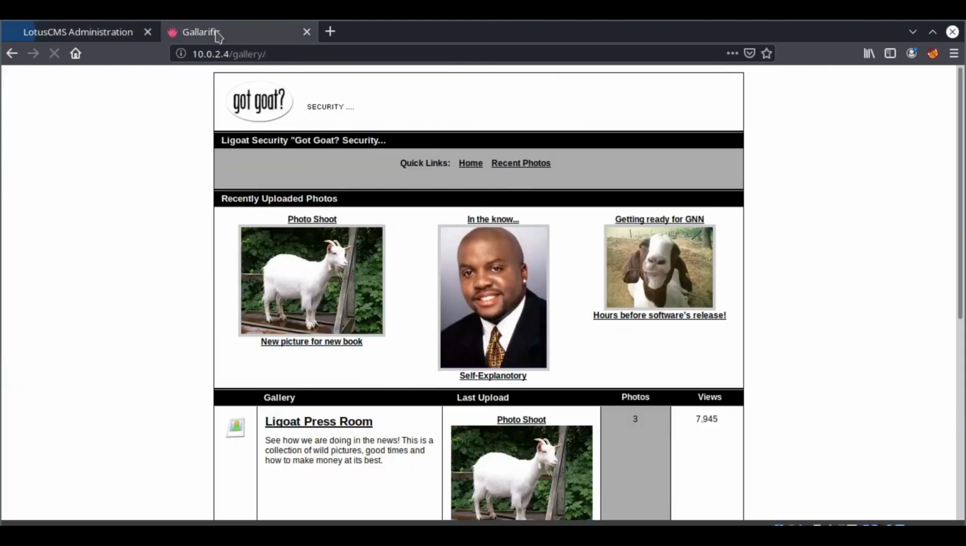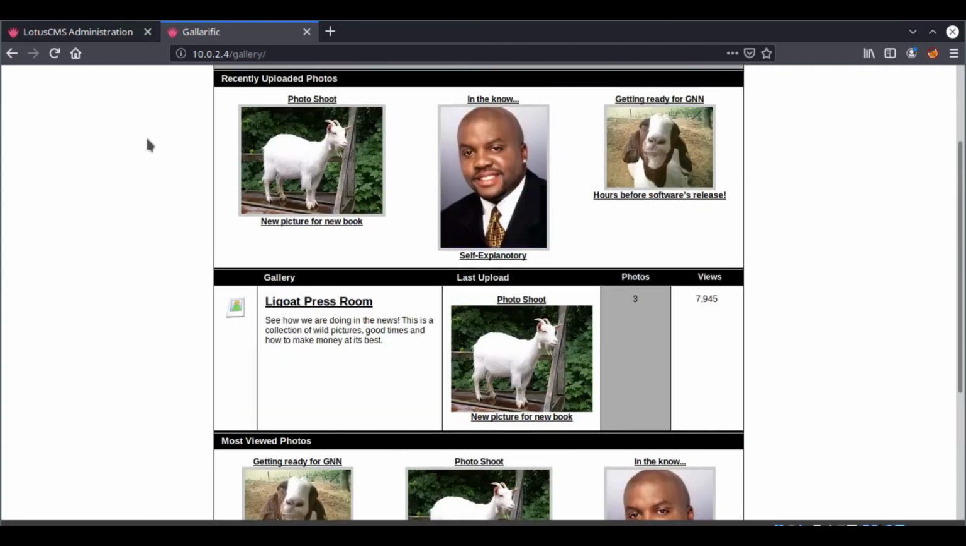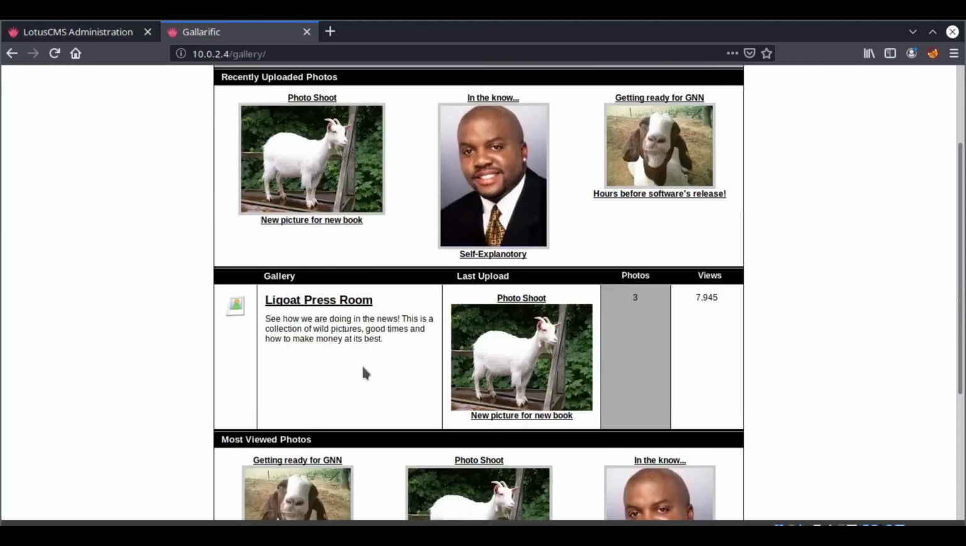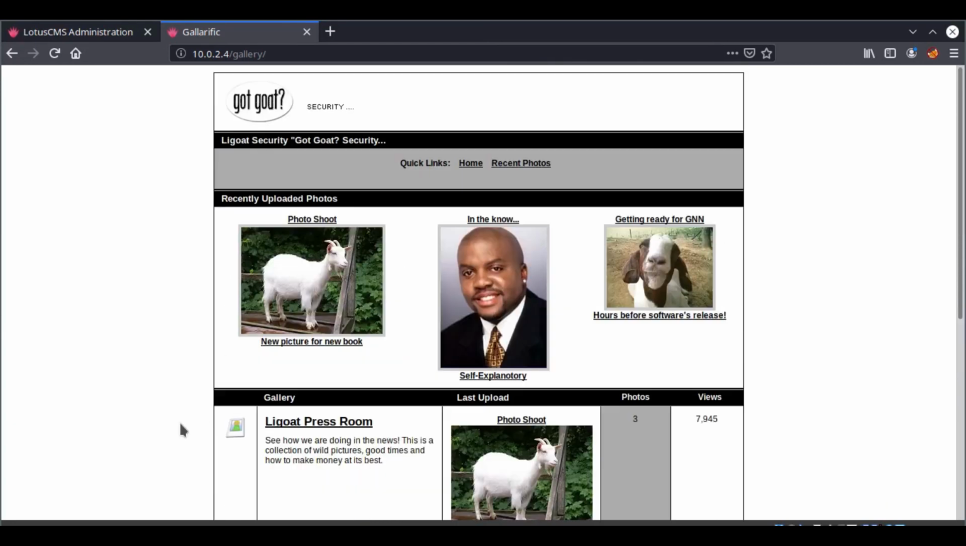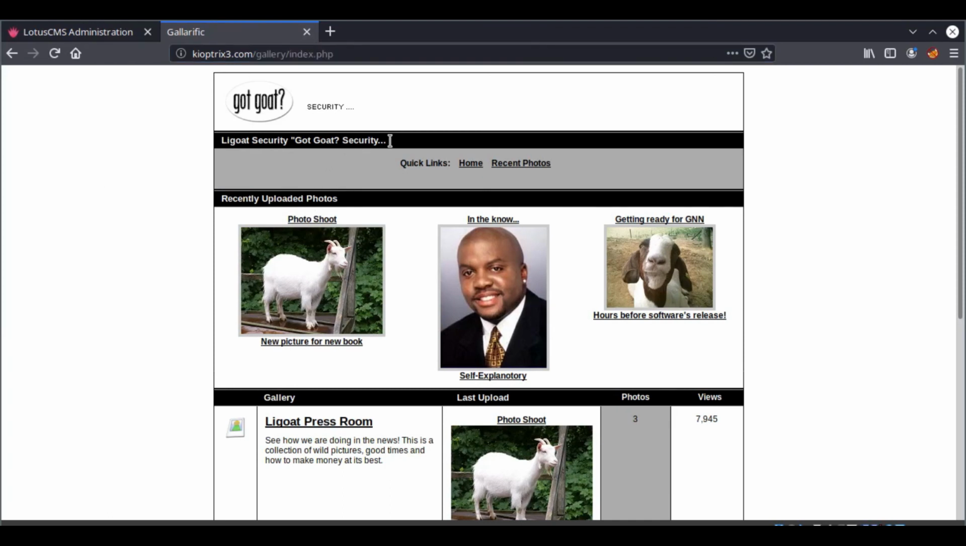We can take a look into the gallery and try to enumerate over here, because this is fetching files from some kind of a database, right? We see a picture, actually a couple pictures of a goat and a man. So what do we have? We have home, we have recent photos, and we also have the other links. We can see it's going to index.php, so that is a subdirectory there,